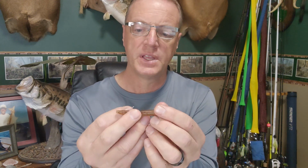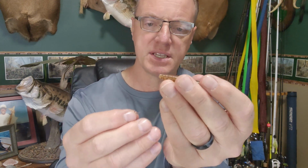These power spinners are nothing new, and they haven't been out there that long, but it's rare when I see guys throw them. So I think a lot of times that adds that little extra something that you need to get bit, especially when you're fishing those heavily pressured waters or just when the bite's really tough. But anyway, so what I'm going to do, I'm going to take my Senko here, and I'm going